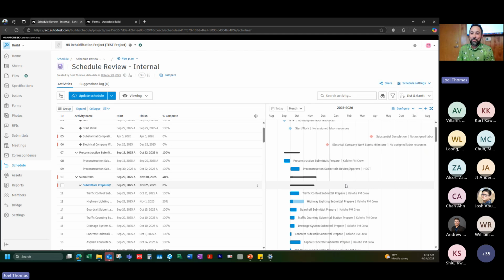It's important to know who's doing what work. For our side, for example, we want to know what items are under our responsibility. If we know that all the submittals that have to be approved are under our umbrella, and there are critical path pieces to that, then we want to make sure we're understanding exactly what needs to be done. And then further, to understand how the contractor is going to be completing their work,